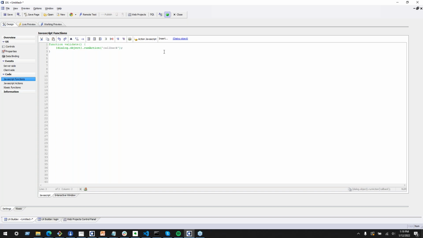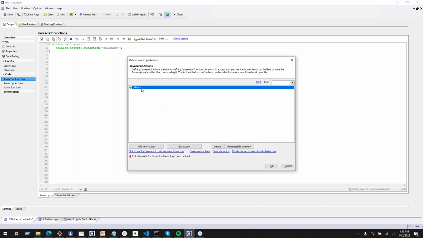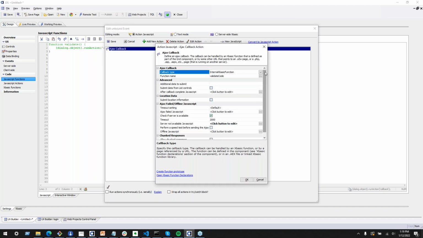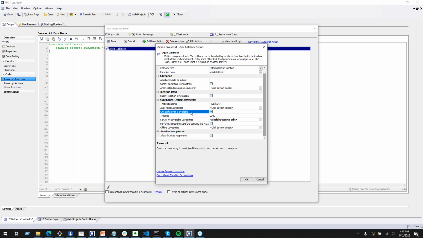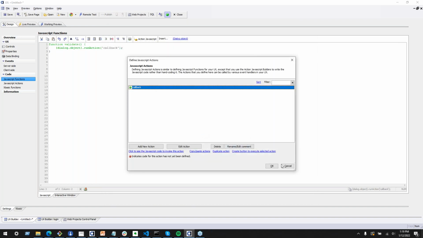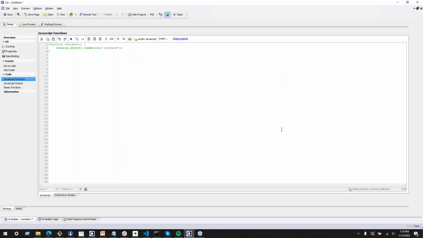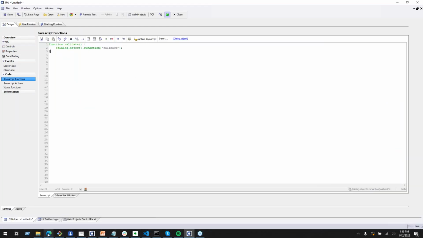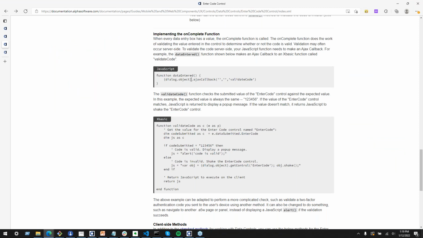You use it as action JavaScript to make that callback for you, which you would edit through this JavaScript actions interface over here. If you do it this way, it does give you options to easily set all these other things like server timeouts and so on and so forth. So that might be your preferred method of doing this. It does give you an easier way to deal with the callback, but at its roots, all this is really doing with this simple callback function is just calling this UX component method called Ajax callback,